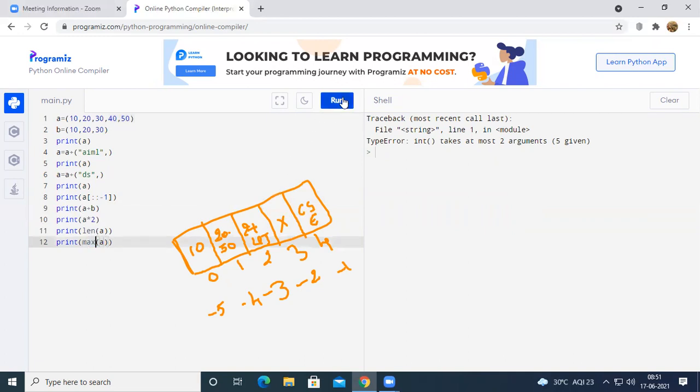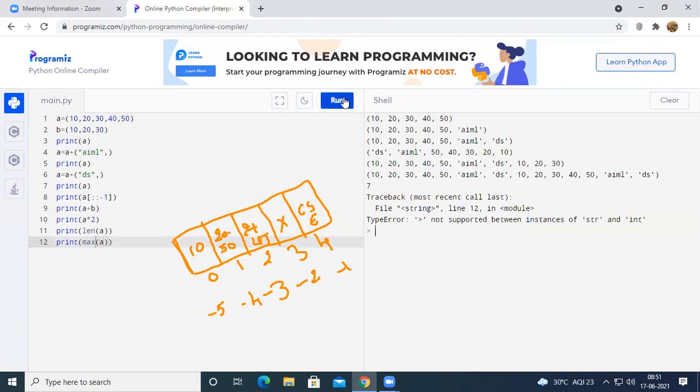Maximum of A, and run the code. Okay, even min and max are not working.